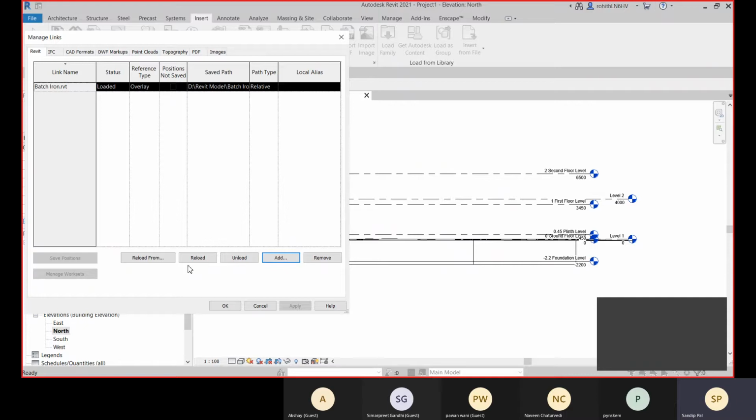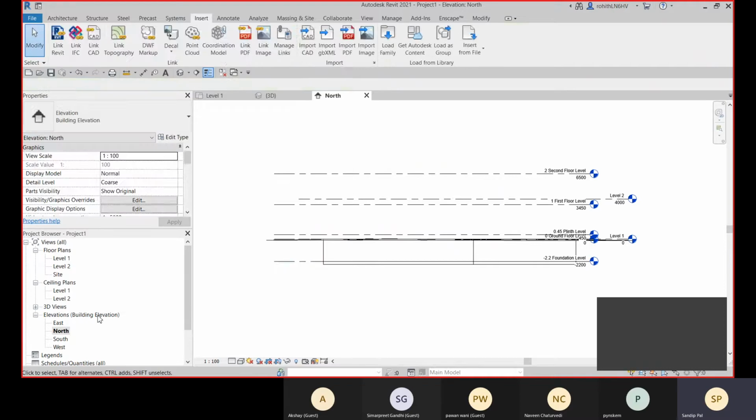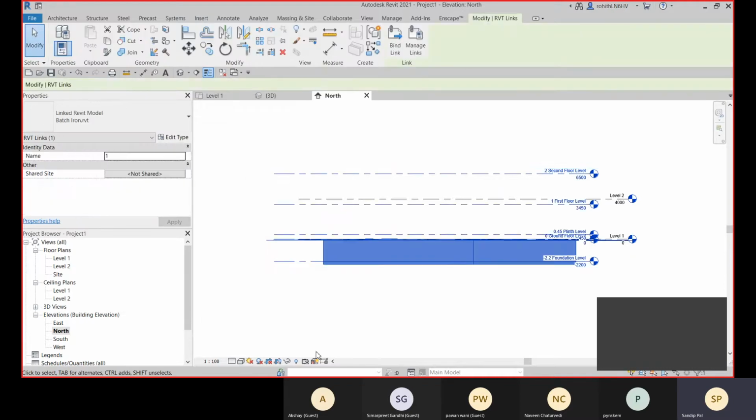And it's like the same in AutoCAD XREF. In the AutoCAD XREF, you unload it, you reload it, and you can remove it from here. And if you need to make it a part of your Revit project, so that we can go with the bind link. I hope you remember in AutoCAD external reference we have that bind option, so we can make it a part of this project.